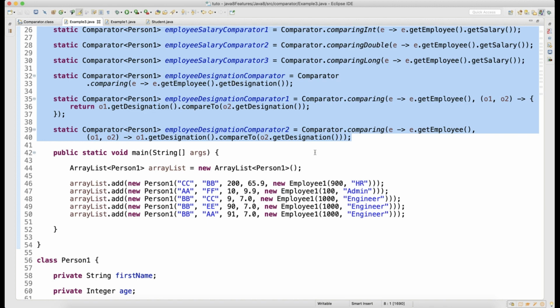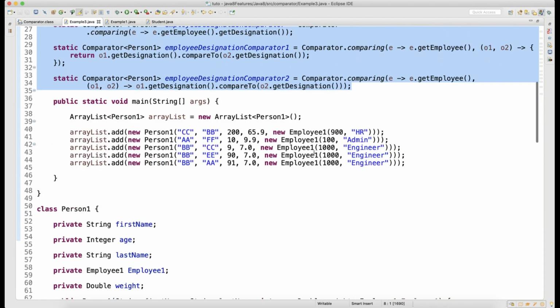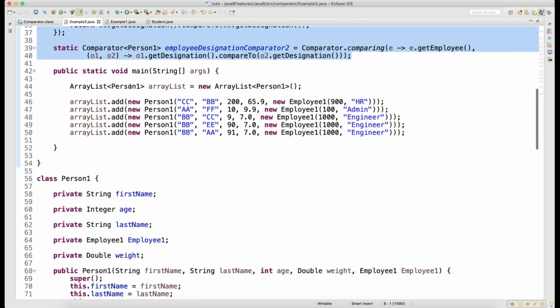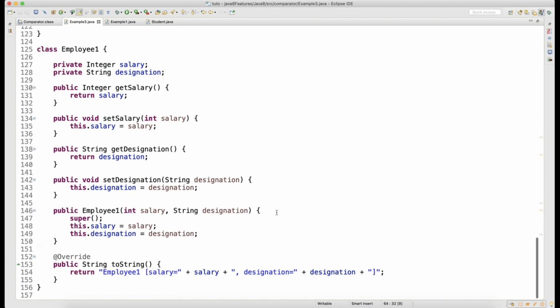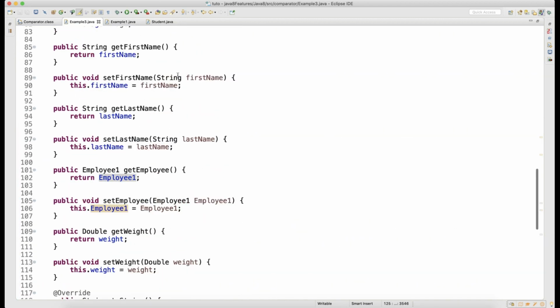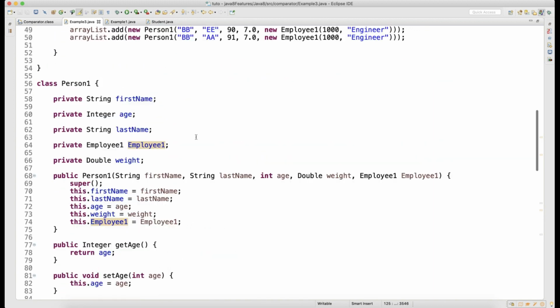Here, if you look, my ArrayList has Person1 objects, which is a default access class, and Person1 has a reference of Employee1. I have kept them in the same file, so I'll be sharing this file with you guys also. So you have two classes, and we are well familiar with this.